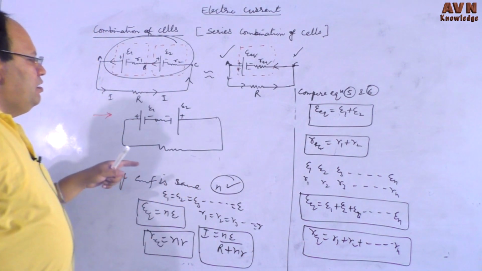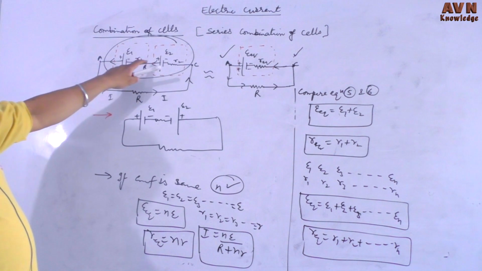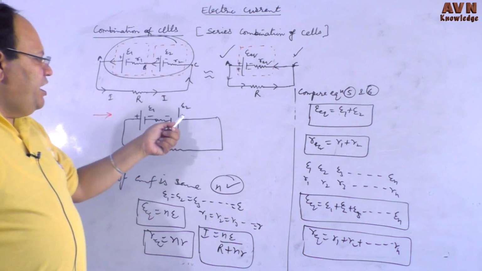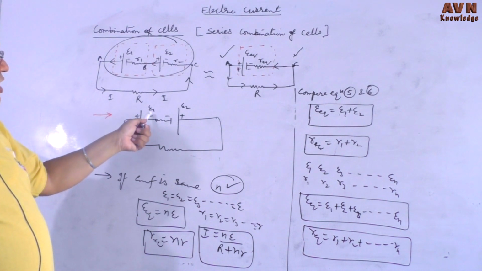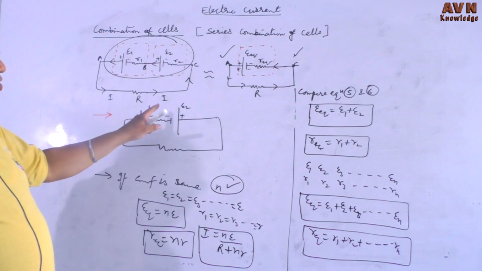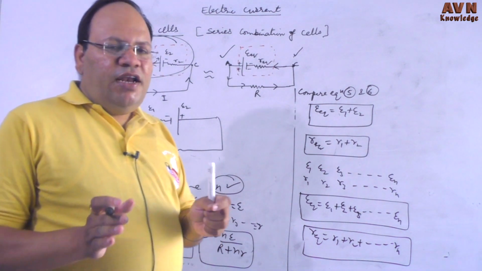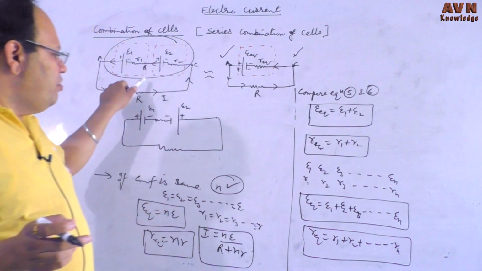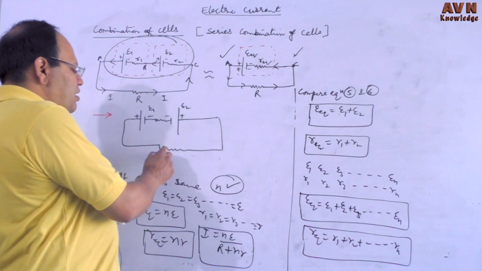Here it is positive, negative, positive, negative, positive, negative in series combination. When I interchange the cell terminals in series combination, what will be the